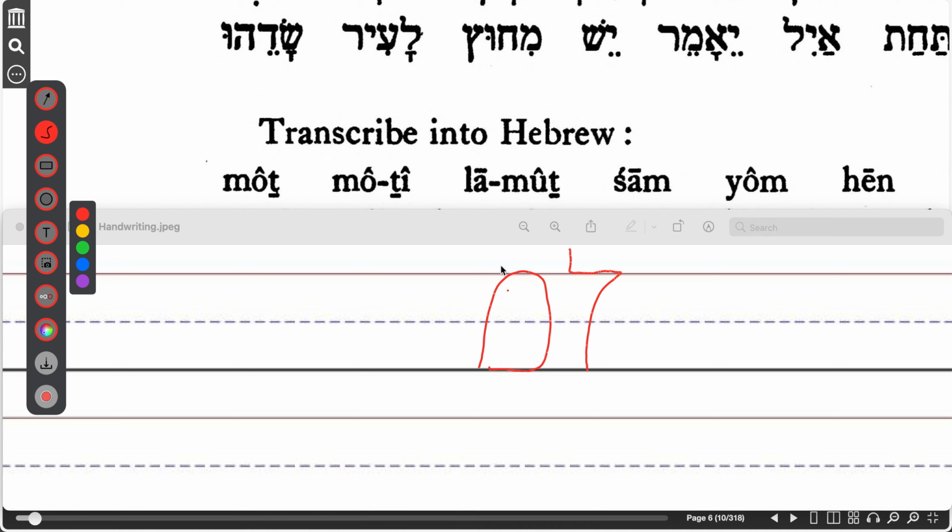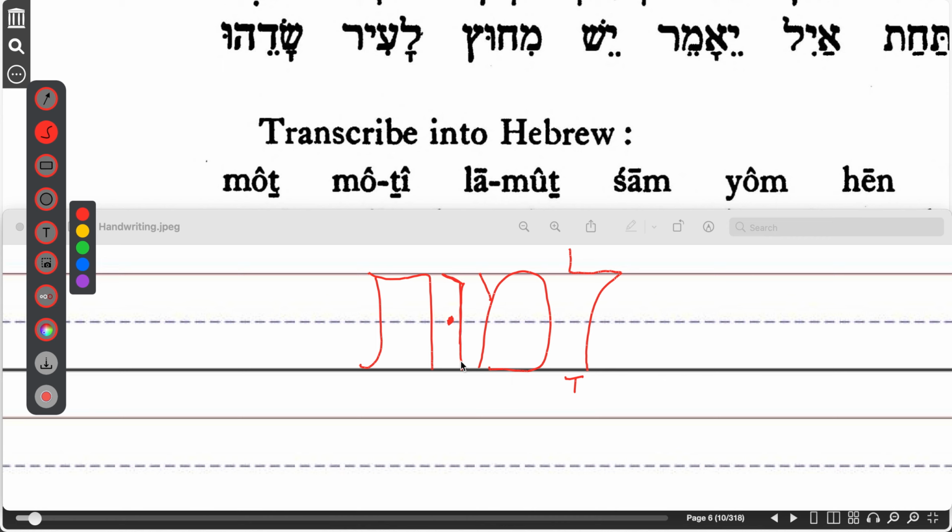This is just time for you to practice doing this. La mut, la mut. So I didn't leave space for that shurik,